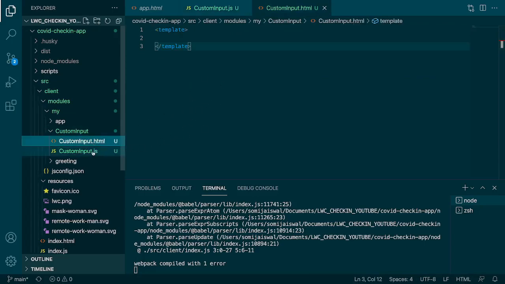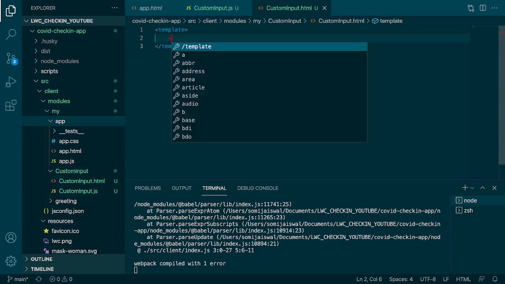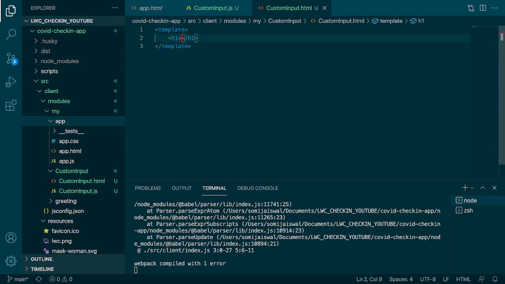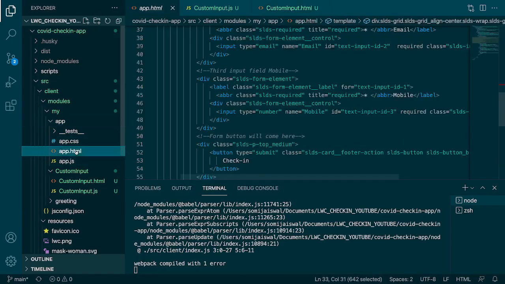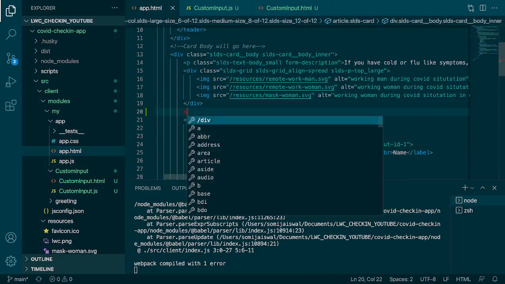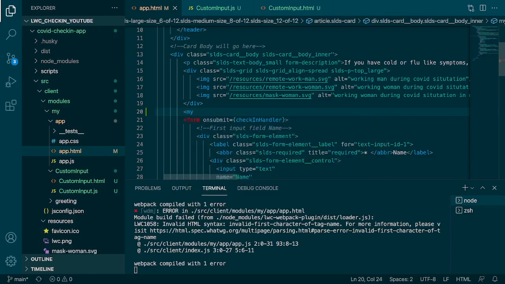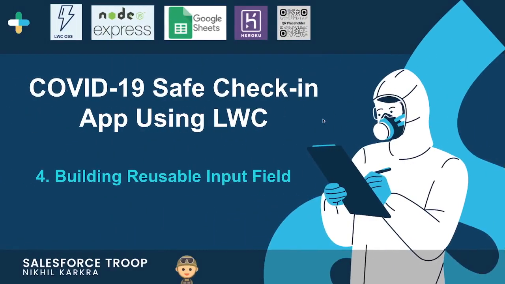Now we have to embed this component inside our app.html. For this, what we can do is, for the time being, we'll just write an h1 tag and say I am child component, and let's go to app.html and embed it just above the form, and let's see if it's working. But here the catch is, in Lightning Web Components open source, we have to use the namespace. So we'll use my, then custom and input,